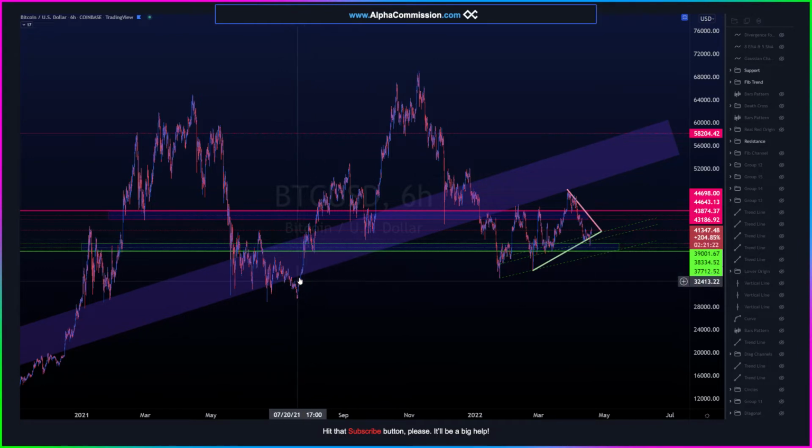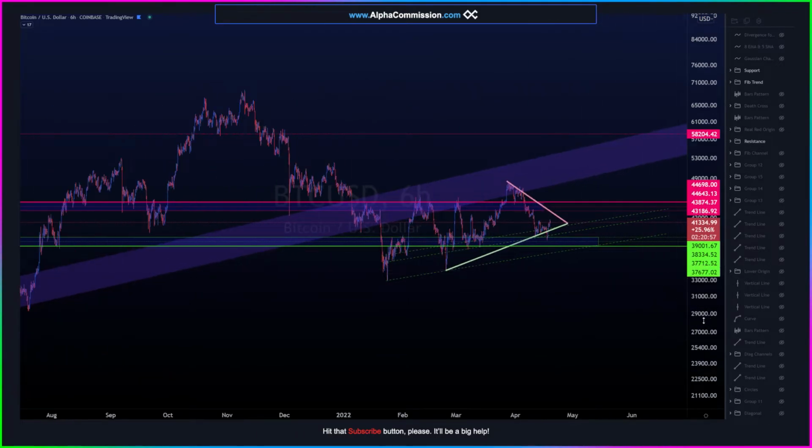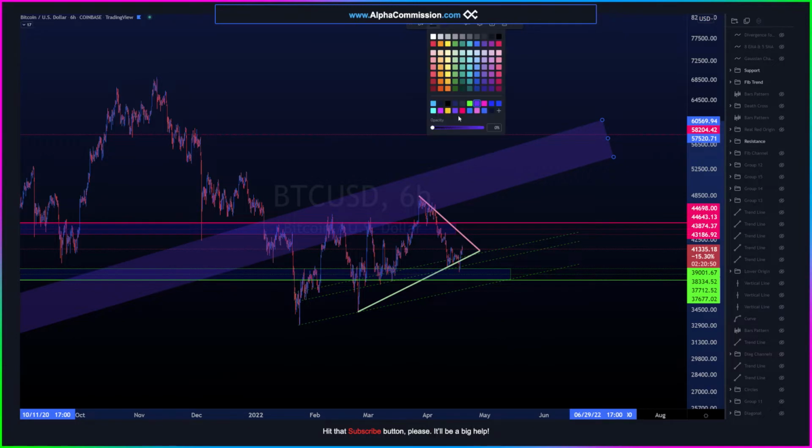This was all just Bitcoin, but if you bought here, then it became an alt run, and it was just a great time to buy. Same thing here. If you bought in here, it was mostly just Bitcoin for this first leg up, and then the alts just started screaming. So this zone is significant. There does seem to be something that switches in terms of how price action works and how alts and Bitcoin behave. I'm just leaving that up there. I don't want to overemphasize it. It's just that it is going to be kind of a heavy resistance,